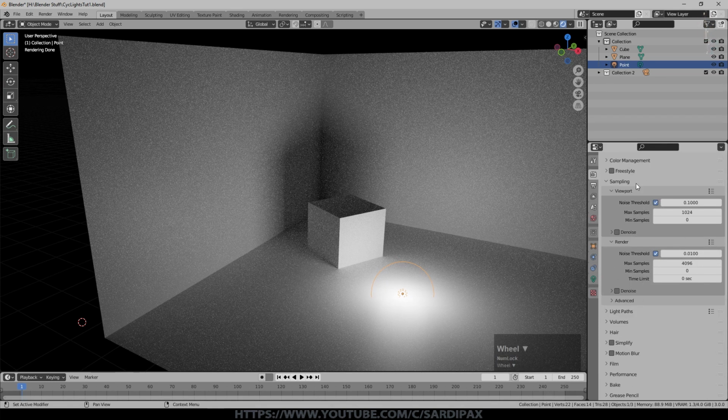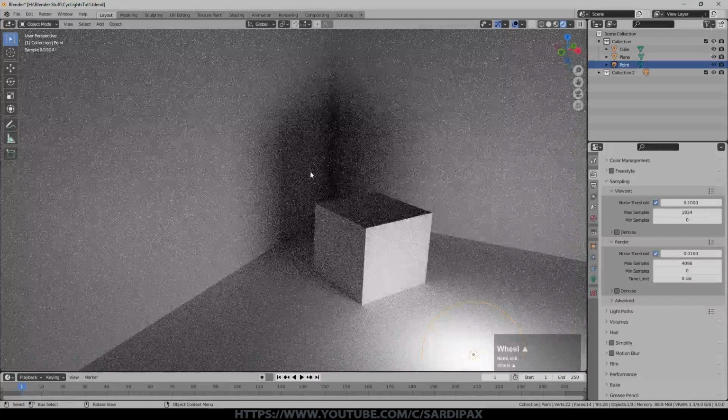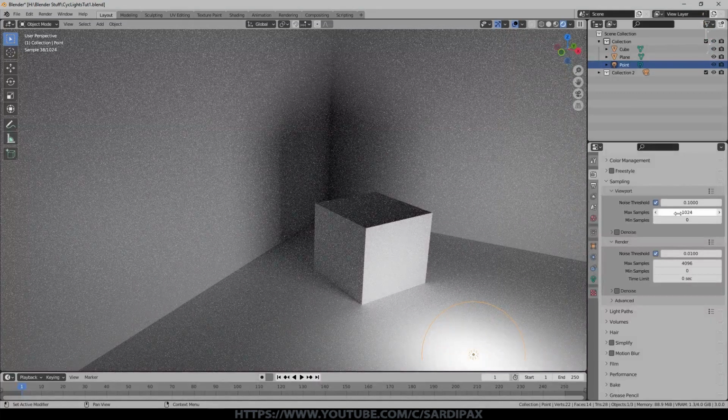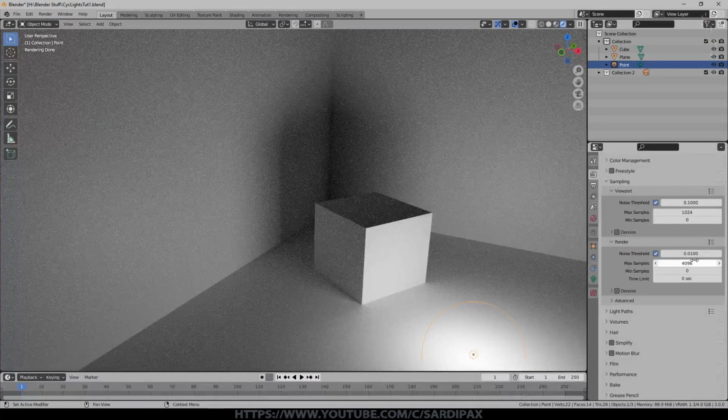We've got a couple of options here, which is to do with viewport rendering. It's much tidier and easier to use now, so not going to worry too much about that. But again, the max samples is how many times, if you like, it will go around the scene to improve it, to again reapproximate what color, what brightness a particular pixel should be. And for the viewport it's currently set to 1024. For the render engine, it's for proper renders, it's set to 4096. And then we've got denoising, which I'm not going to go into at the moment.